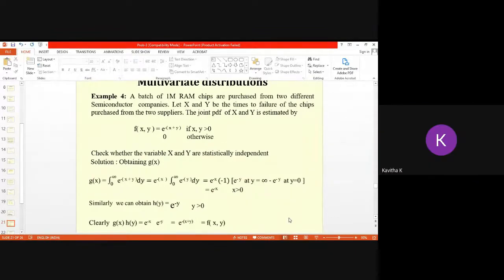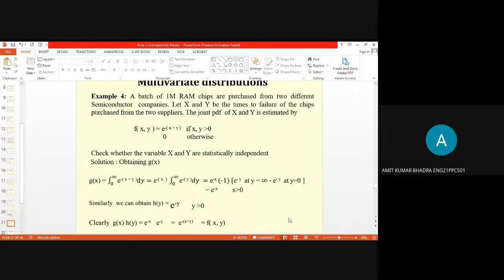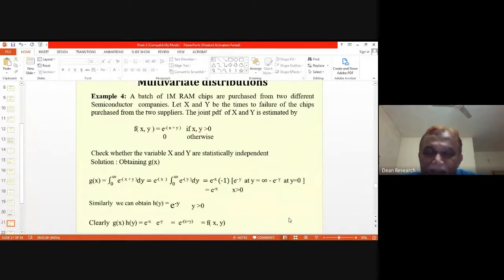And am I right? Yes, sir. It's fine. Good, thank you. Now, this e to the power of minus y, which is the integral of e to the power of minus y, should be evaluated at infinity and at 0, y equal to 0, and take the difference. What do you get? -1, sir. -1. Achha, let us come to that.